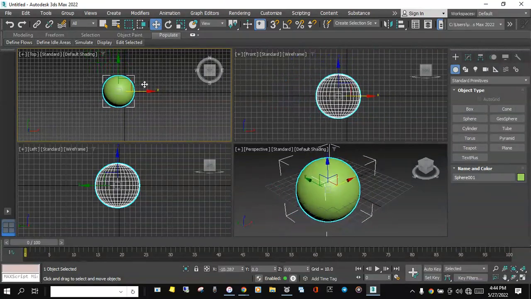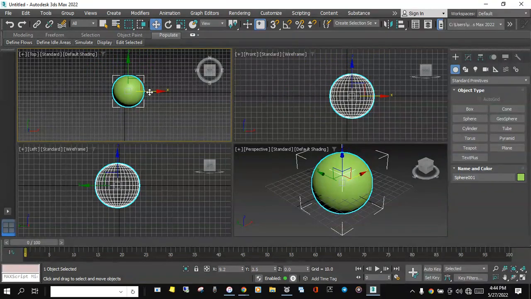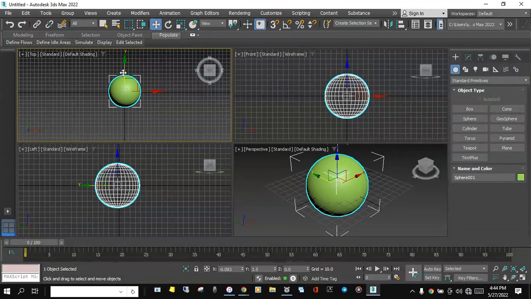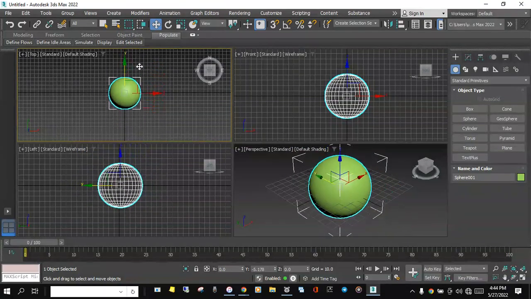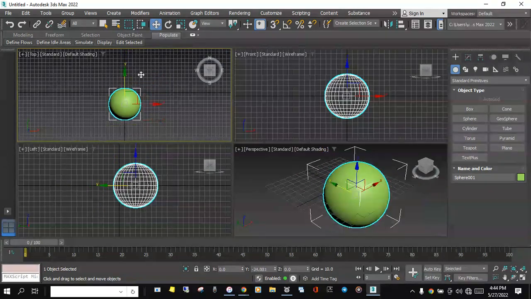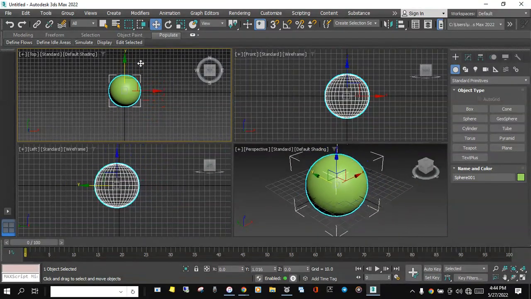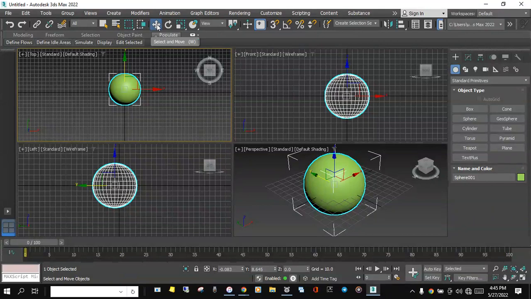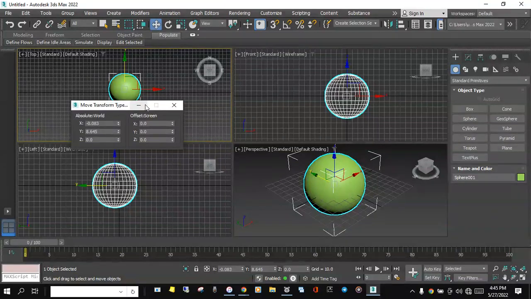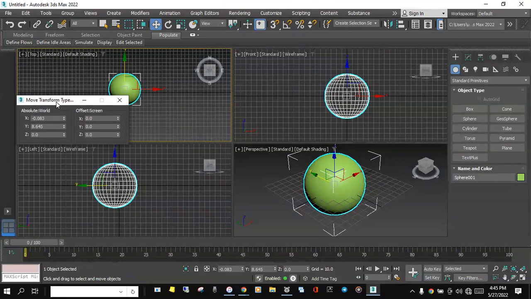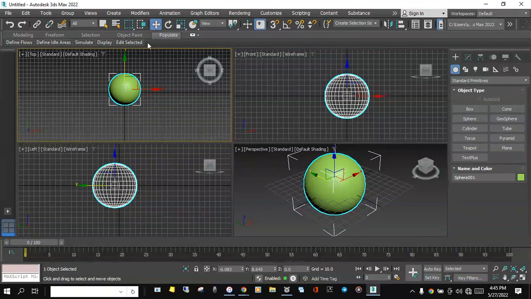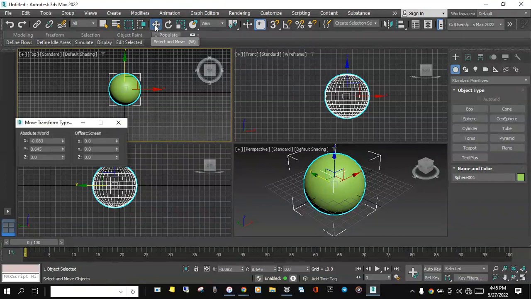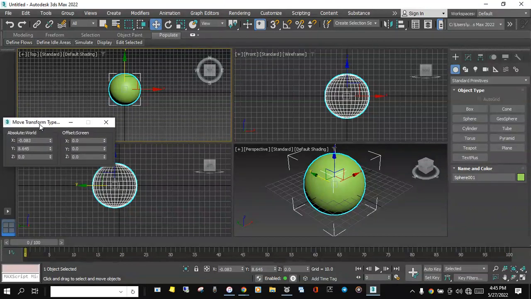And if you notice, I'm currently on the top view. On the top view, we have the X and the Y axis. So as I'm moving this object on the top view, if you want to move exactly on objects, if you notice, I right click on the move button to give me this